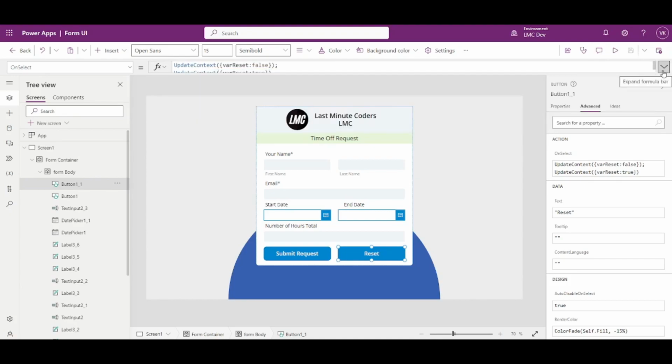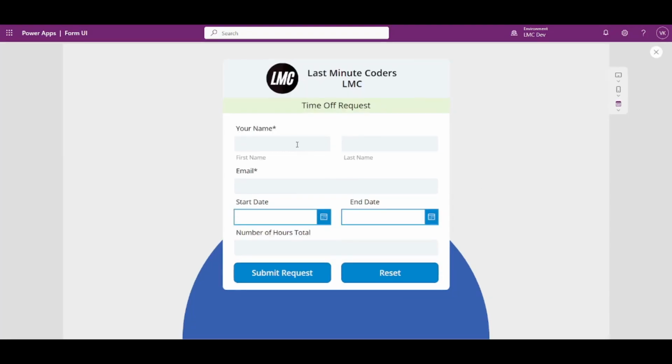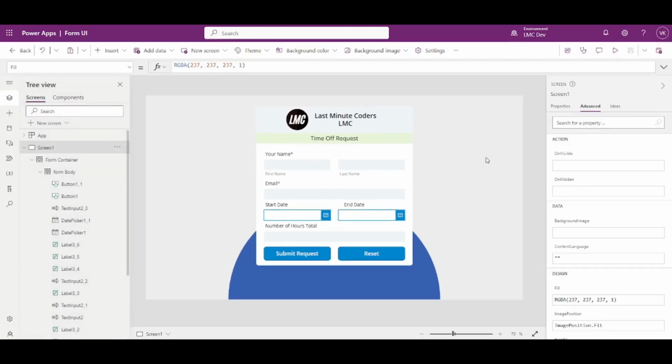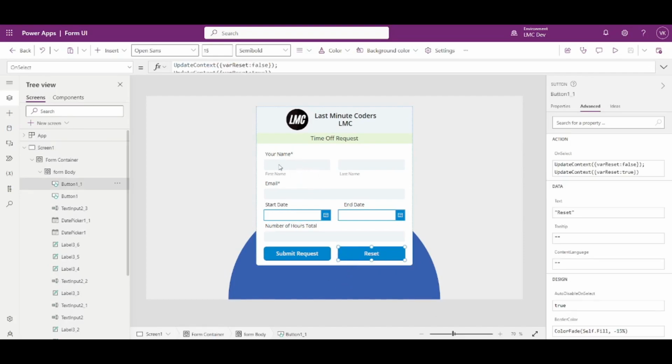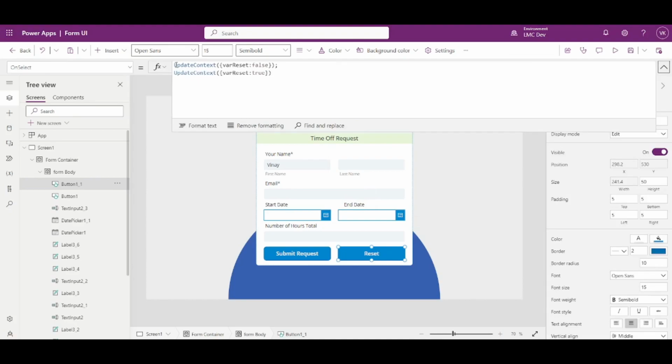So let's say your client asks you, you have entered these values, and by mistake if someone presses reset, he or she asks you to create one icon up here so that you could get the previously entered values. So how can we do that? For that, you can create variables for all of these. What do I mean by it? On its reset, on select property up here, you need to create